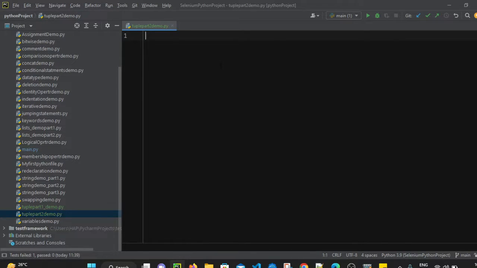So now let's create one tuple. So I am creating one tuple, my tuple, round brackets, and I am assigning some value here. Let's say apple, banana, kiwi. Yeah, so we have created one tuple, and we know that once a tuple is created, then we cannot change